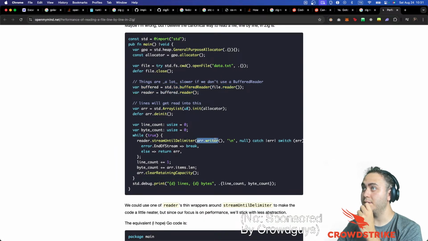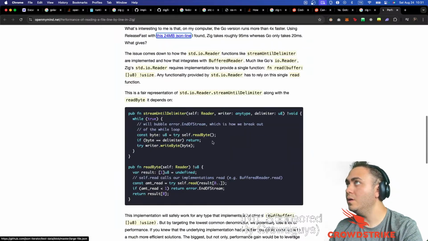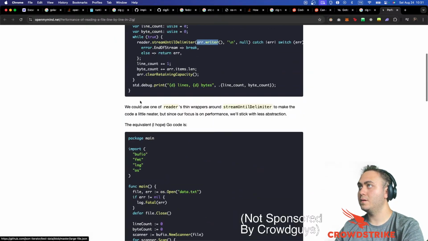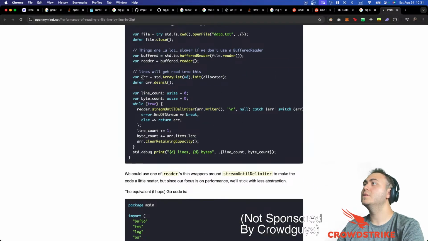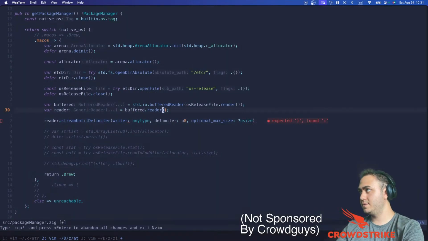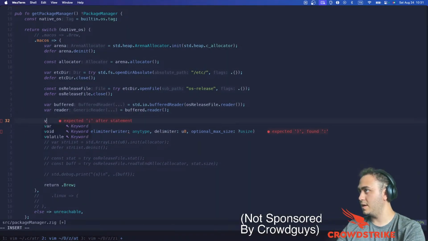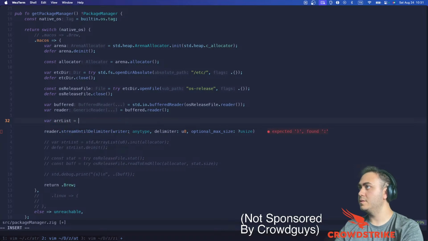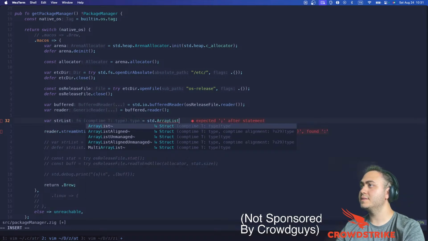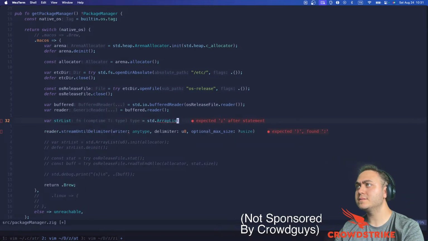Array that writer. Oh, where are you? Okay. I didn't know that such a command has ever existed. I like it, calling string list, std array list, but why is this in